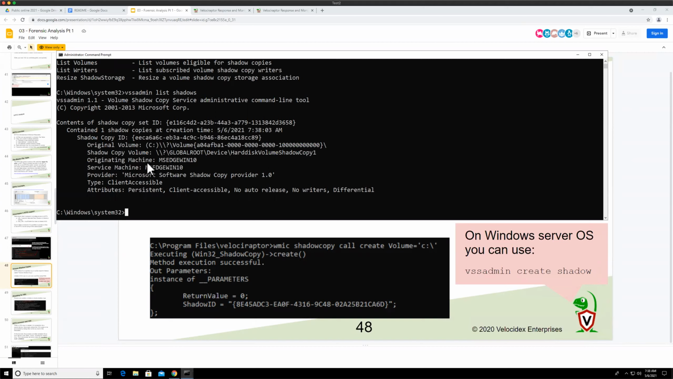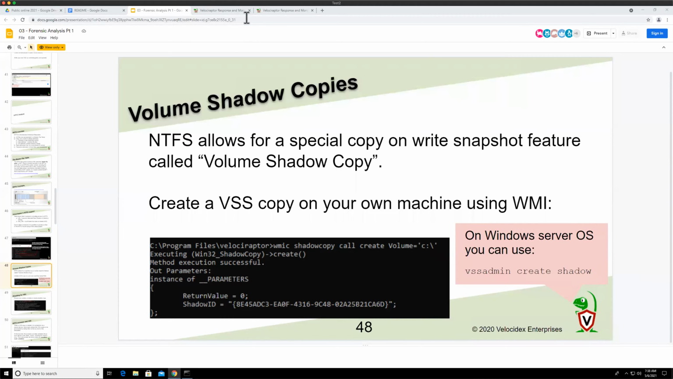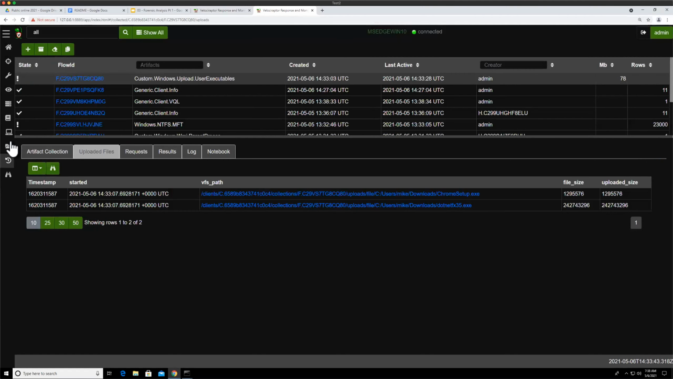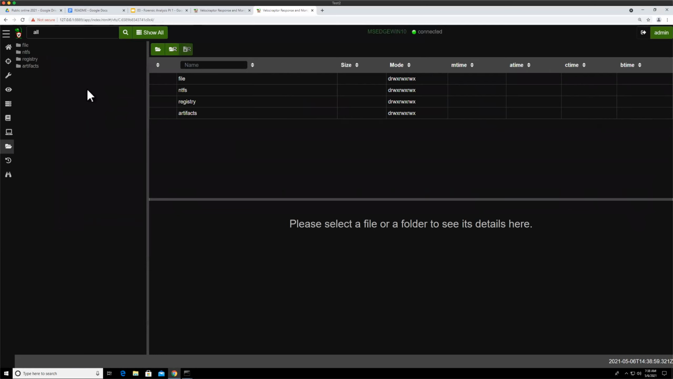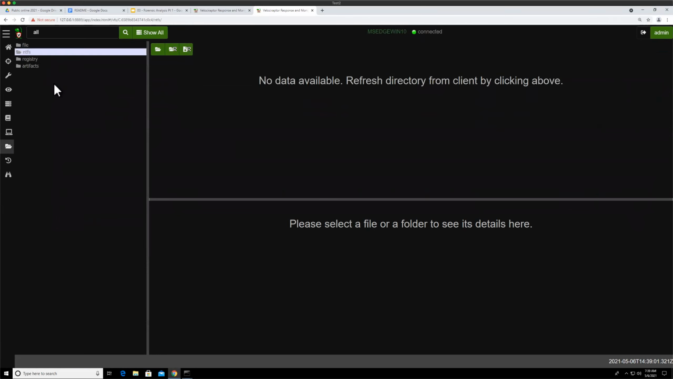Something really interesting with the shadow copies is that there is the volume name, it's like this, GLOBALROOT, and then there's a HarddiskVolumeShadowCopy1. Now, this is actually a device name for the raw version of the shadow copy. So if you look at Velociraptor, and if you look at the VFS view here,